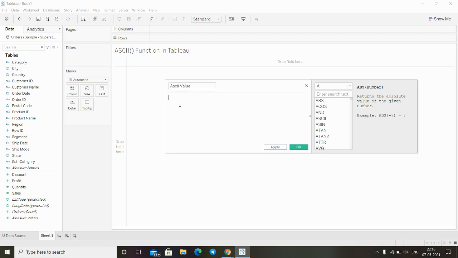So here we will write the function ASCII and click on this function. So this function takes input as a string value and it returns the ASCII value of the string. So for example, if I use only a here, just one string or one character which is a, and click